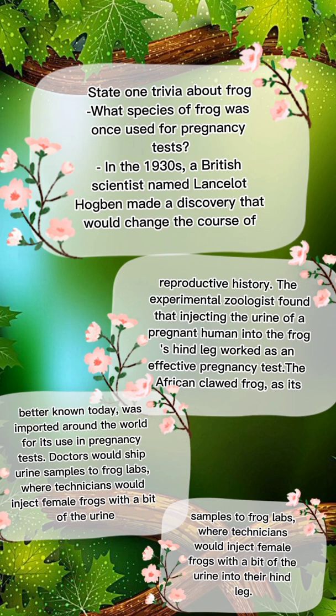State one trivia about frogs. What species of frog was once used for pregnancy tests? In the 1930s, a British scientist named Lancelot Hogben made a discovery that would change the course of reproductive history. The experimental zoologist found that injecting the urine of a pregnant human into the frog's leg worked as an